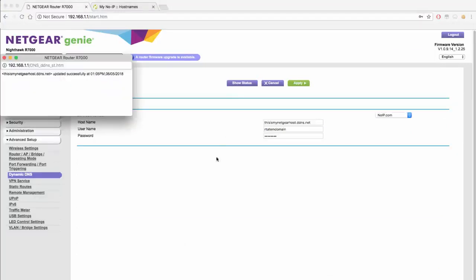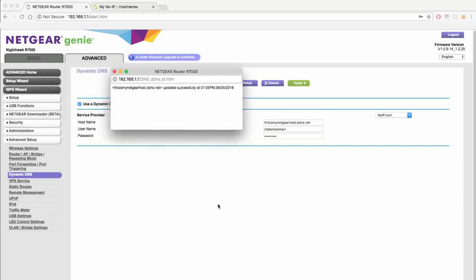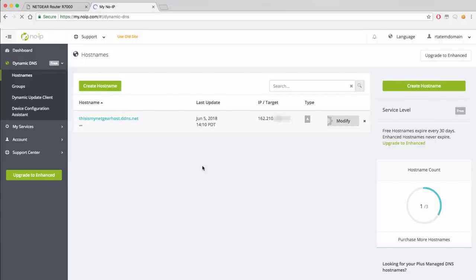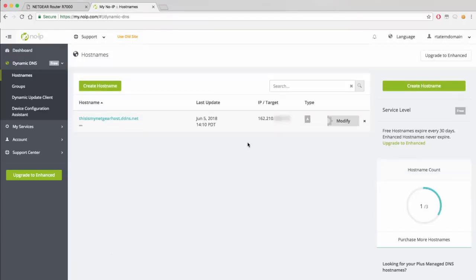For Netgear devices, you will be able to click Show Status, and you can see in the window that the hostname was successfully updated. Going back to the No IP account, you will be able to see that the hostname has been updated and the error is now gone. You can also see that the hostname is now resolving a new IP address, starting with 162.210. Once your device is successfully configured, it will continuously update the hostname with the current IP address of the